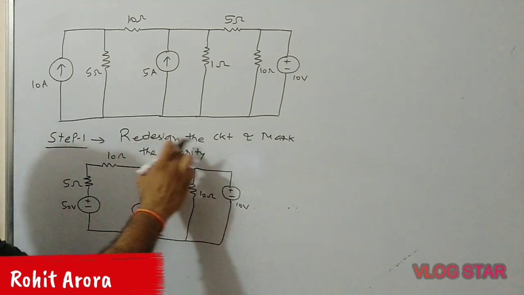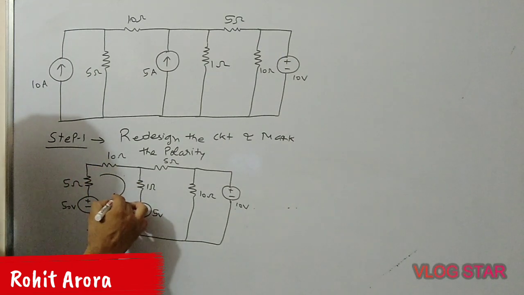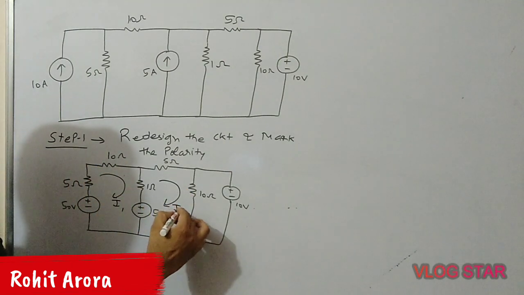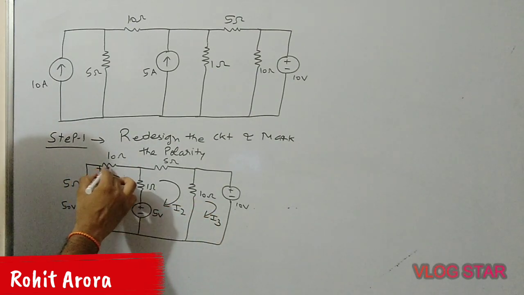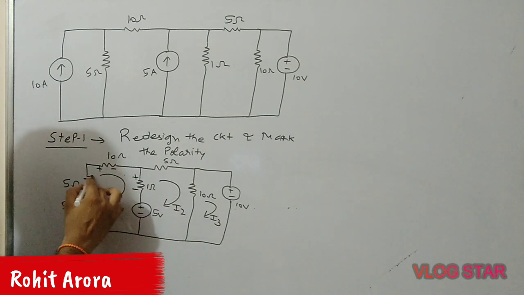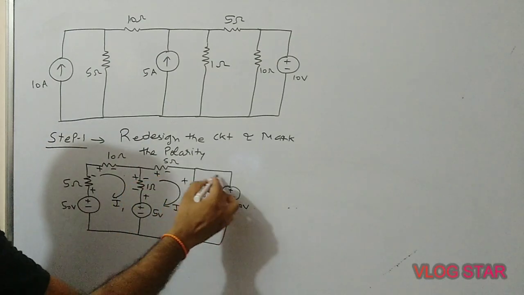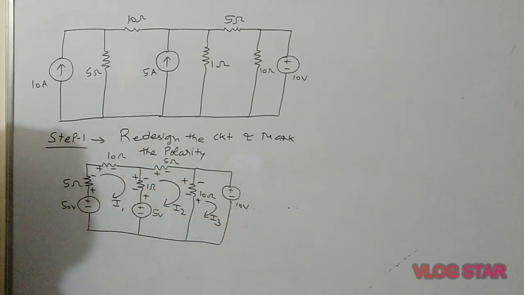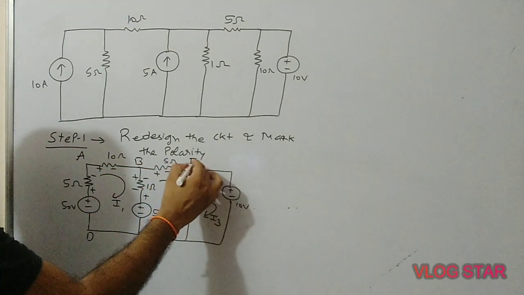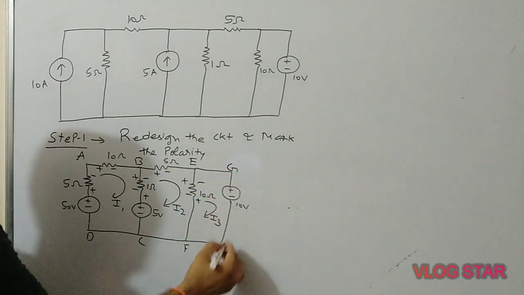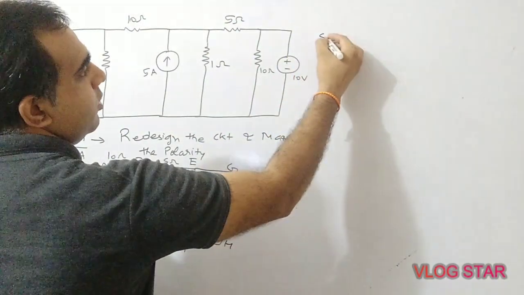first of all, redesign the circuit and mark the polarity. Okay, how to mark the polarity? For currents I1, I2, the condition is that the current is in the clockwise direction, plus minus, this is plus minus, like that, according to the direction of the current. Okay, clear? Now this is A, B, C, D, E, F, G and H, correct. Now in the case of step number 2,